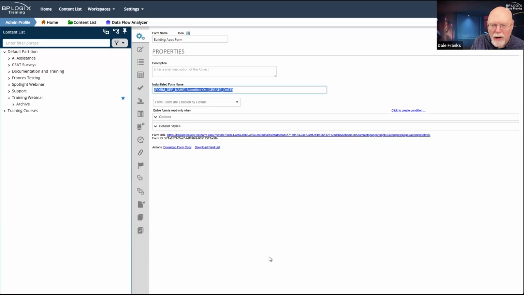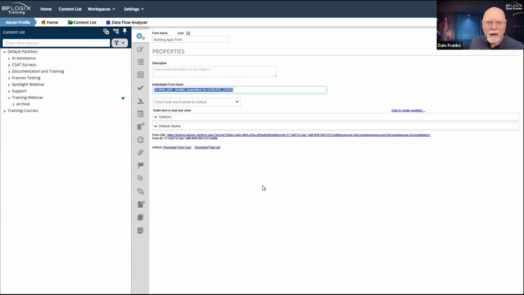In fact, I know the three fields that I'm going to have. I'm going to have a submitter, I'm going to have a submit date, and I'm going to have a request number. And assuming that I know what I'm going to name those fields, which I largely do, I can go ahead and fill out the instantiated form name using the form field system variables for those three fields to create a combination of request number, submitter, and date that will enable me to have three different search criteria in the form instance name alone that I can use to search by.